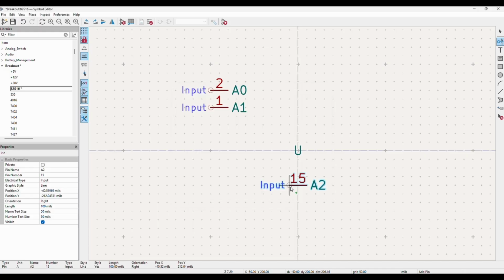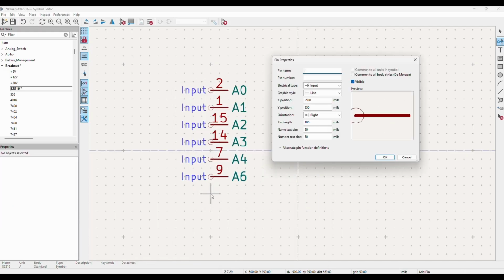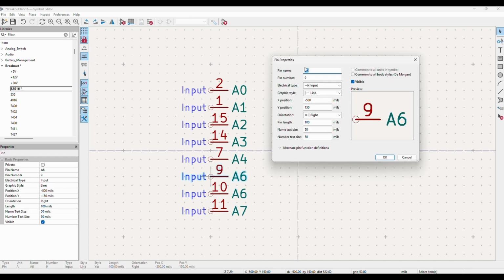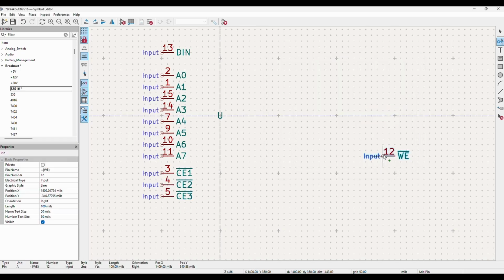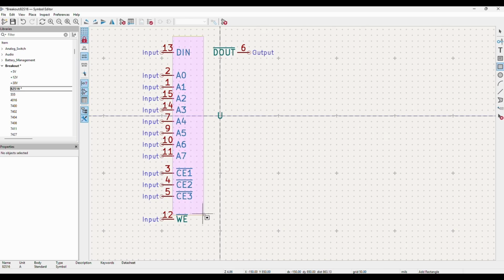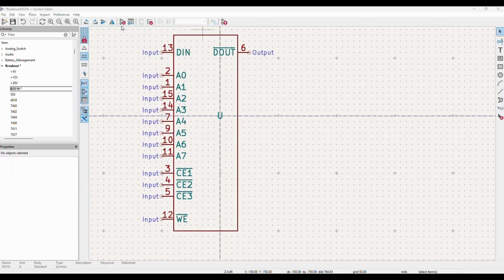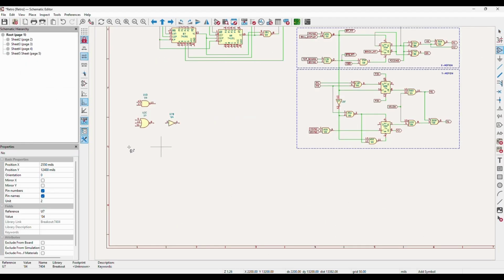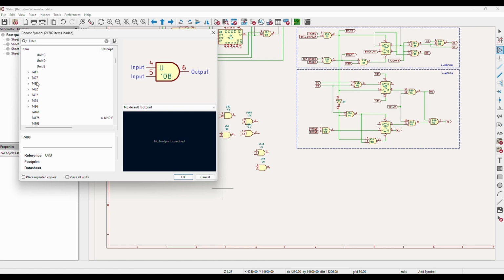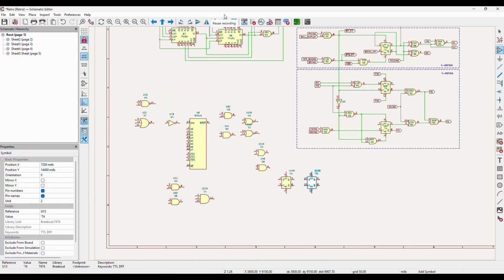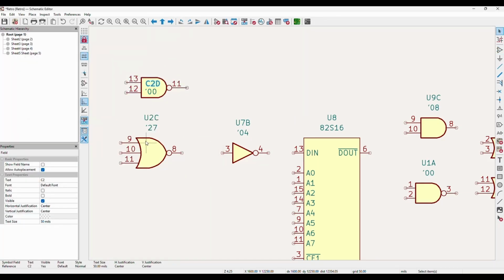We'll make our own 82S16 symbol. Drop in all the required gates. Rename everything.